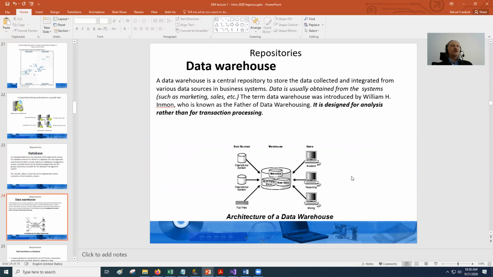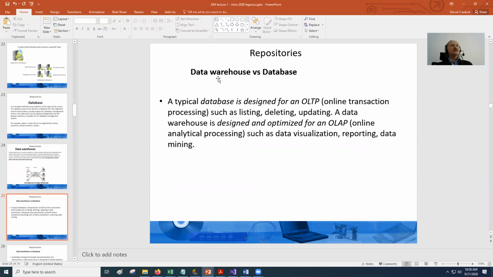Data warehouse, we will mention it later. What is the difference between a data warehouse and a database? A typical database is designed for OLTP, online transaction processing, such as listing, deleting, updating. If you look at our example,